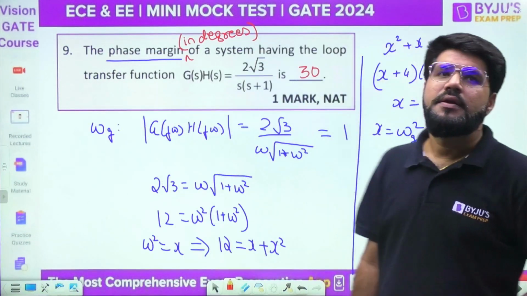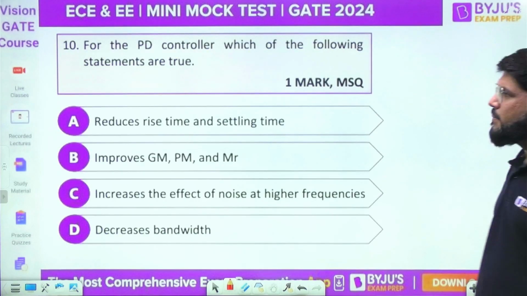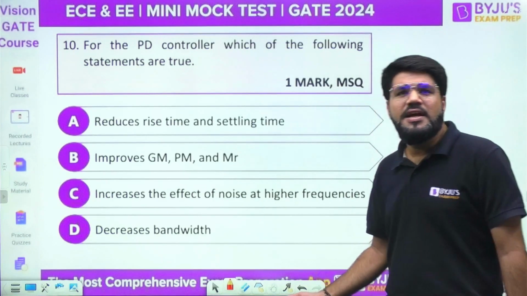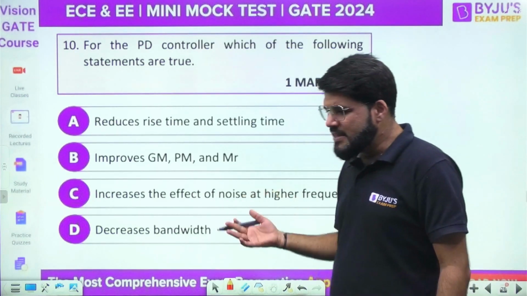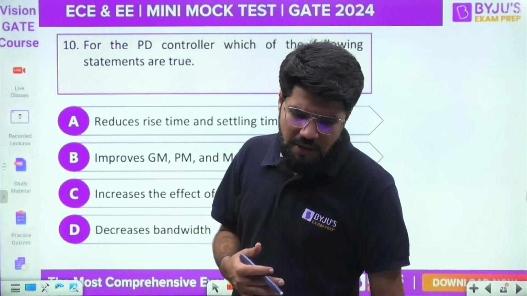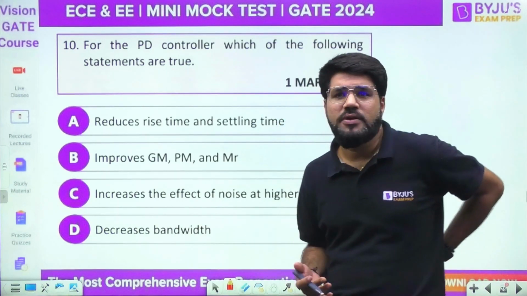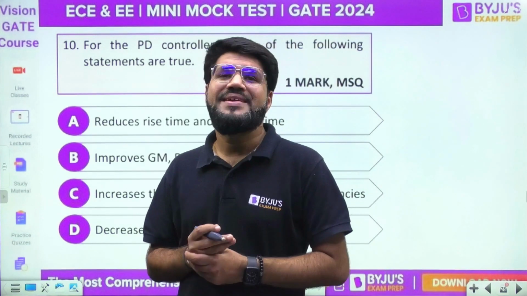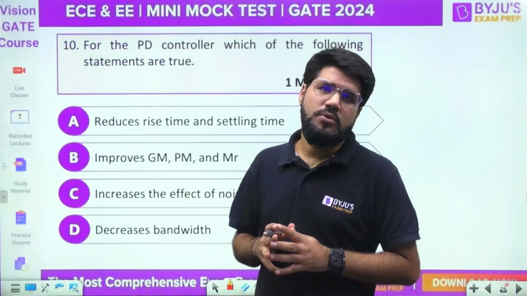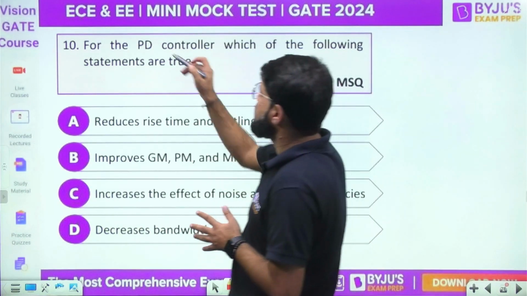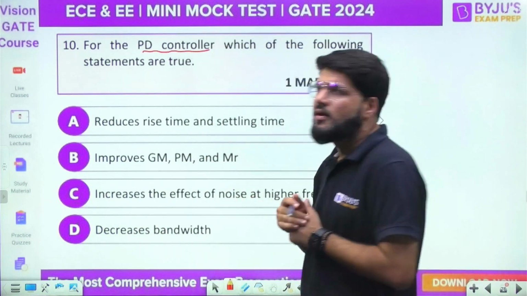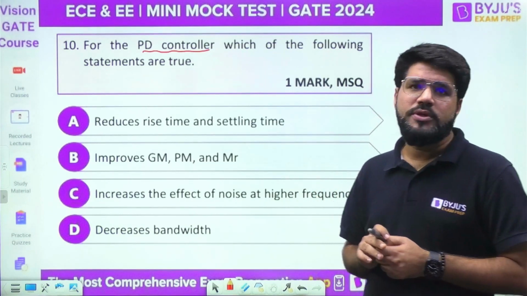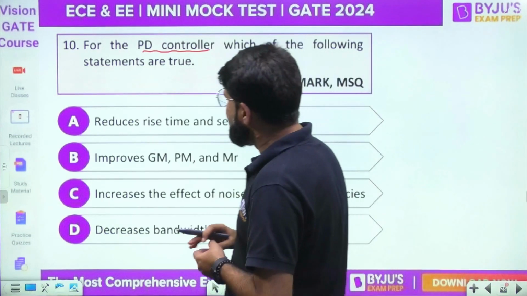Okay. Next question, number 10, 1 mark MSQ. One more MSQ coming up here. 1 mark means this is factual information. See, always remember in the exam time, you should not derive the controller and compensator general effects. Okay, so whenever you are studying controller and compensator, you always have to list down their important conclusions. Like you should know some straightforward conclusions about PD controller. Okay, that it improves damping, one of the very common effects. It increases zeta and the overshoot decreases. Okay, rise time and settling time also reduce.